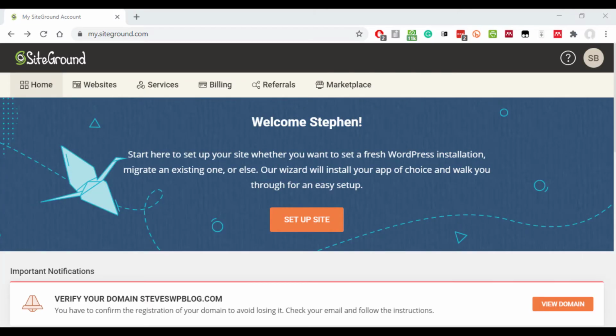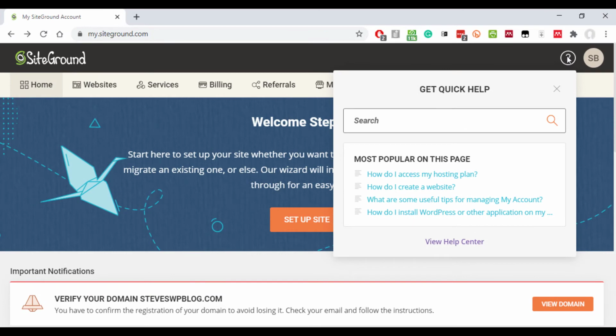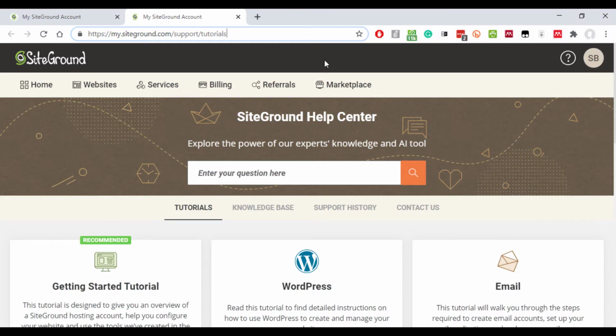SiteGround. Now, something that's really helpful about SiteGround is their support, and they're really responsive, really good. But from this page, it's not that easy to see. So to open a support ticket or to speak to a SiteGround service agent, click the question mark up here. Now you can search for the knowledge base here, but if you go to View Help Center, you might want to bookmark this page. Just press Ctrl and D in your Google Chrome browser or Command and D on an